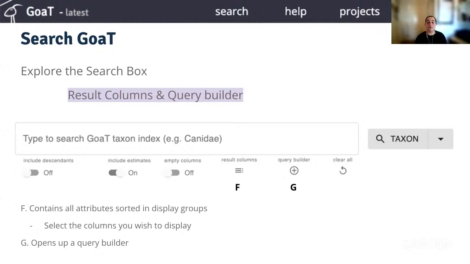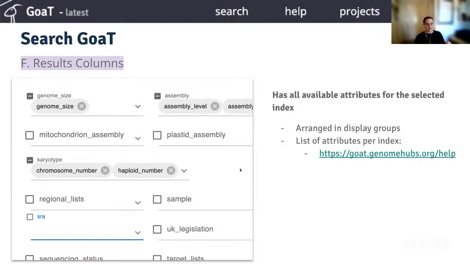And for those who don't like typing in the search box, because the terms that you use in the search box are very scary for someone who is not used to databases, we have here the result columns, where you can select which columns you want to display. That's straightforward. But if you click in here, you'll get all of the possible